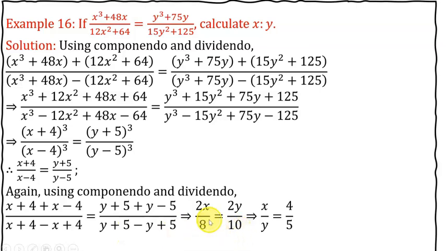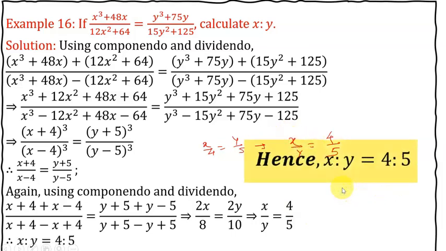Okay. Next simplification, that is x upon y. You will have x upon 4 is equal to y upon 5. And it implies that x upon y is equal to 4 upon 5. And hence the ratio is 4 as to 5, and this is the answer. Now next,